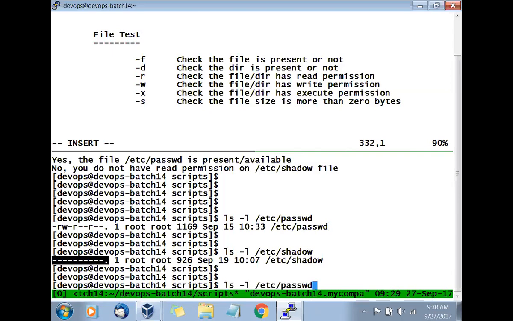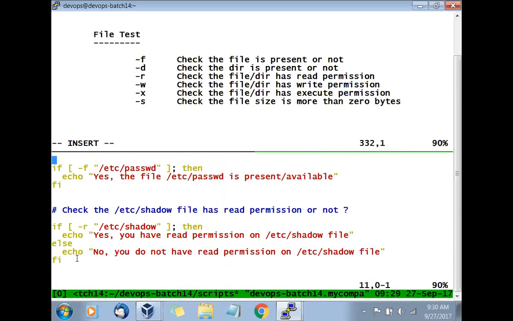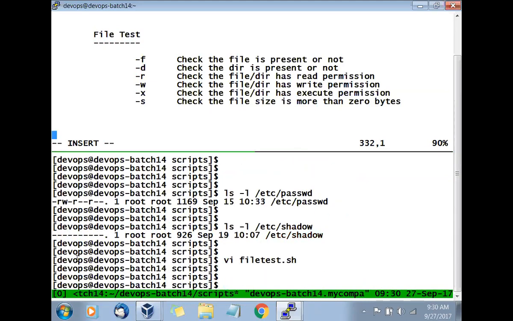So let's recap what we did one more time. First we said, if the file is present, then give the message present. And if the read permission is there, say yes. If it is not, say no. Okay. True or false. If it is true, do one thing. If it is false, do another thing. So we tried to see both examples. The first example is just a true example. The second example is with true and false. So the first is method 1 and the second is method 2. So both examples we have seen, method 1 and method 2. Okay, now we will go with the string test.